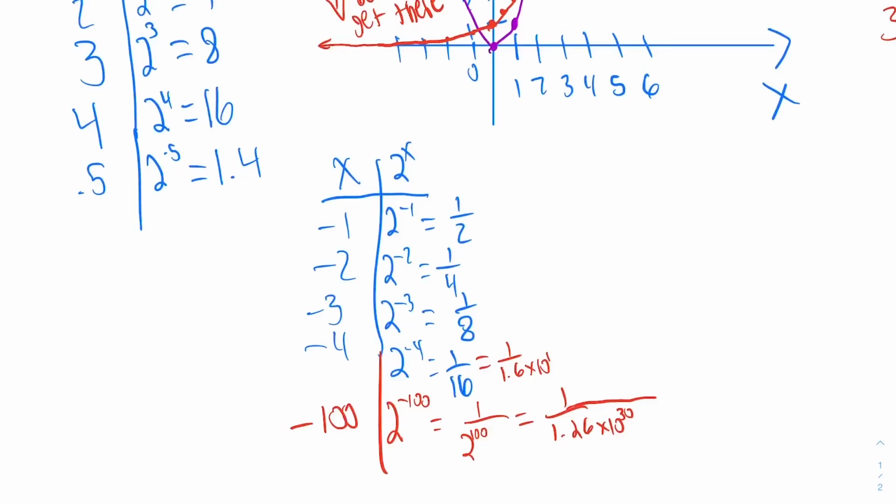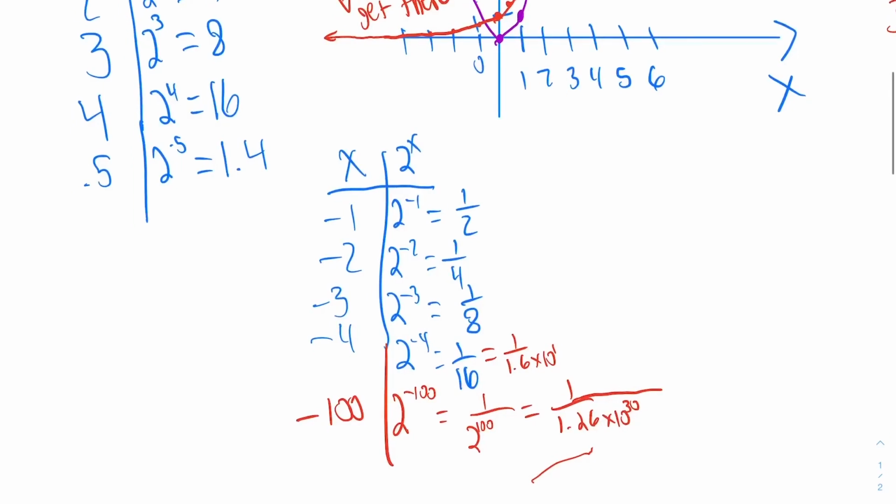So if we compare 2 to the -100 to 2 to the -4th, 2 to the -4th power would be 1 over 1.6 times 10 to the 1, while this one is 1 over 1.26 times 10 to the 30th power. So that means that this number has so many more zeros, so many more digits. If I just put all those zeros, it would be so much bigger. If you're dividing by a big number, so let's do 1 divided by a huge number,